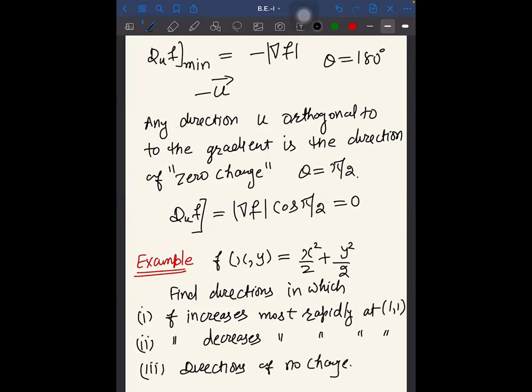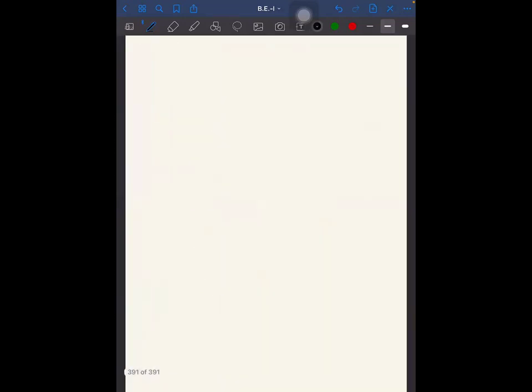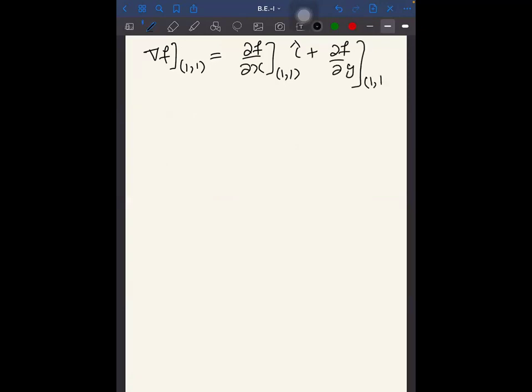So before getting into the ideas, first of all, make your u as your unit vector, and secondly, calculate the gradient. So these are the 2 things which you always calculate in these types of questions. So first of all, calculate the gradient at (1, 1). And what was the gradient? As I've told you, it was curly f upon curly x at (1, 1) i plus curly f upon curly y at (1, 1) j. Right? Are you with me?